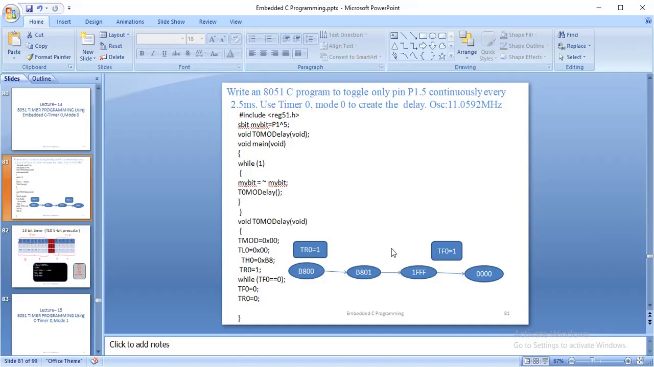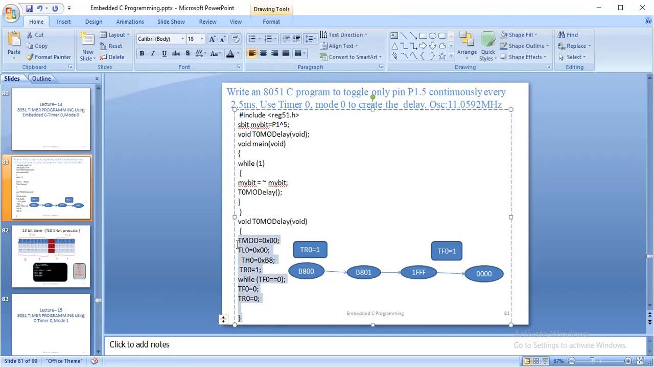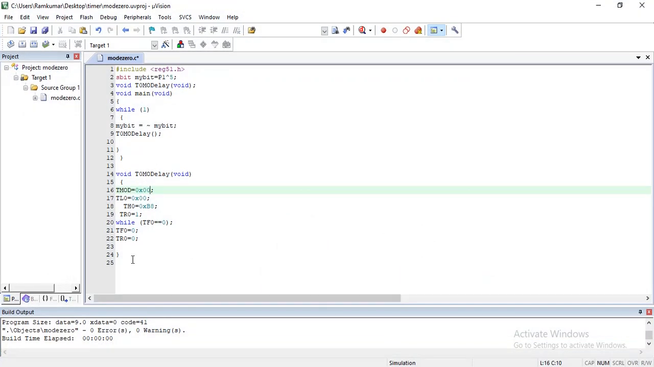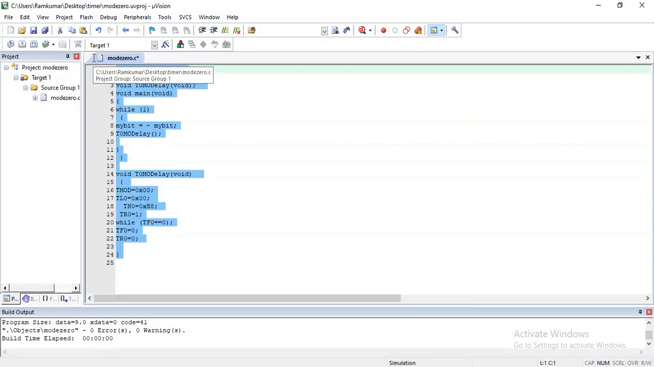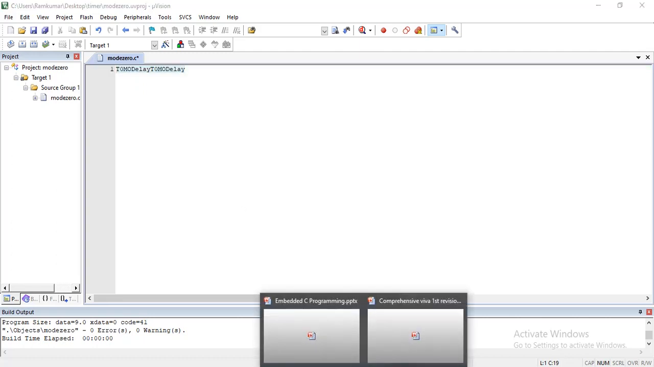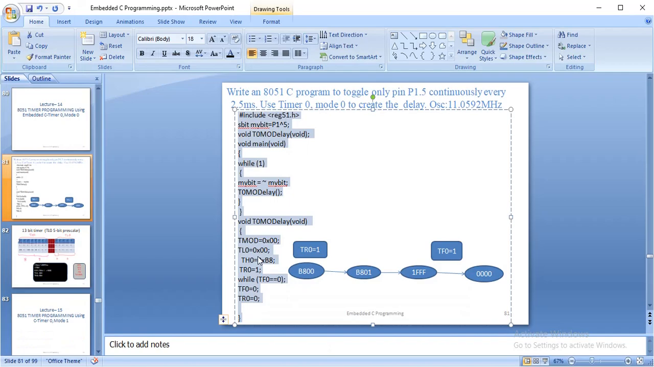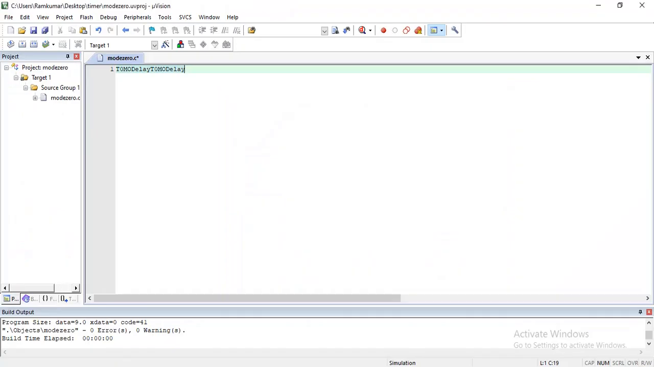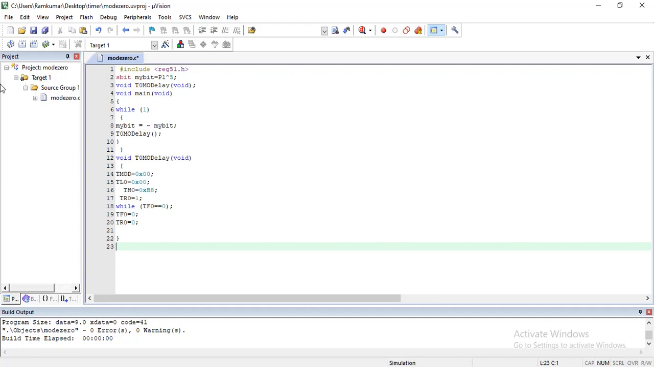Now I'm going to execute this program. You have to listen carefully to how this program is going to work, because it is very important. There is a lot of logic behind this program. Control C, I am just pasting. Yeah, fine. I'm going to save. Zero errors, zero warnings,